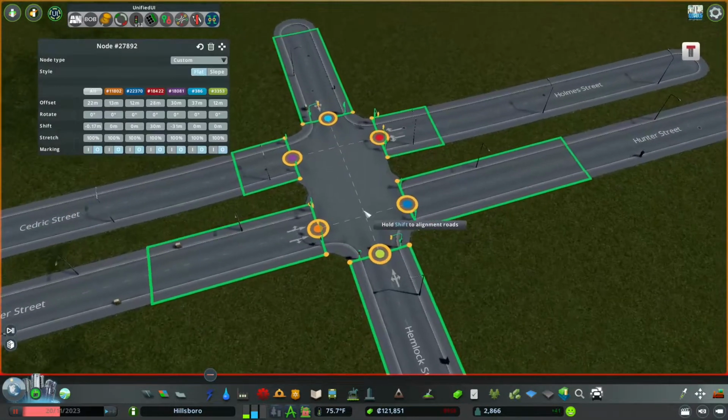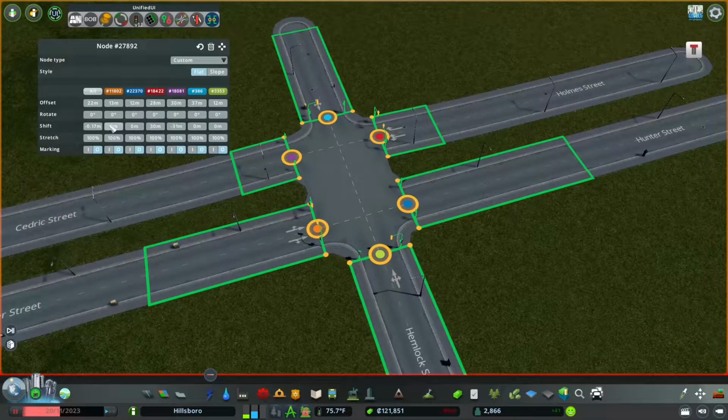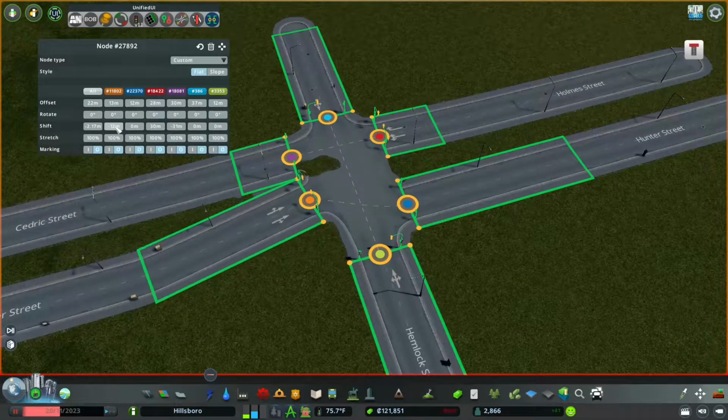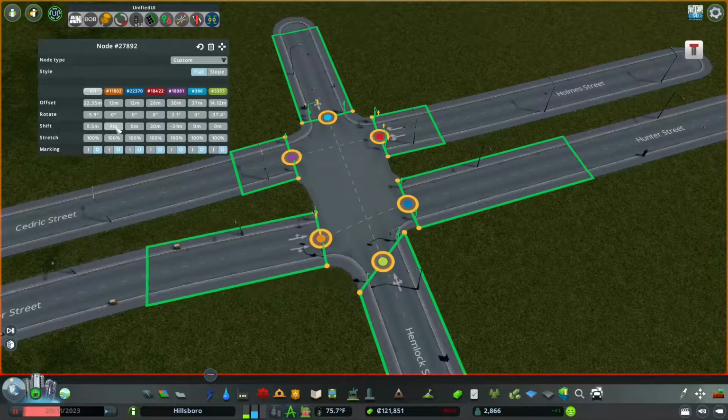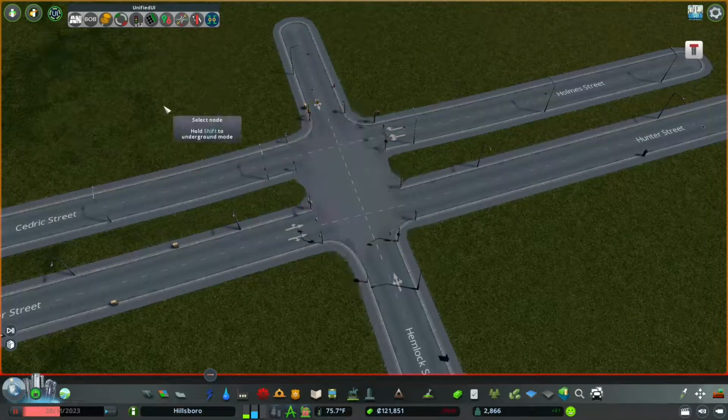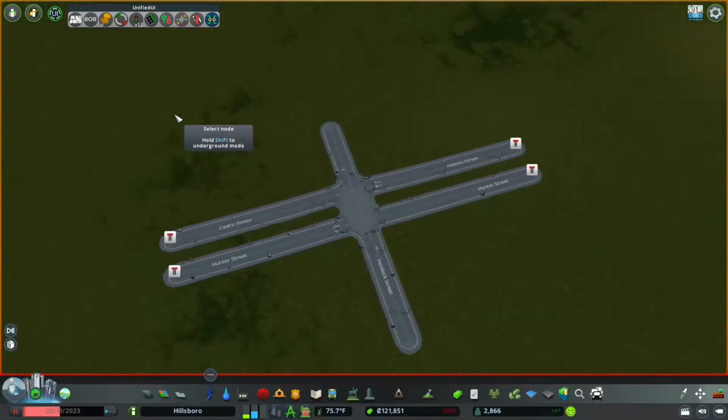I think one of the best features with Node Controller is the fact that the intersection markings that you place down with intersection marking tool will adjust as you adjust the node. There are other features that this mod adds that I haven't played around with too much, but I highly recommend